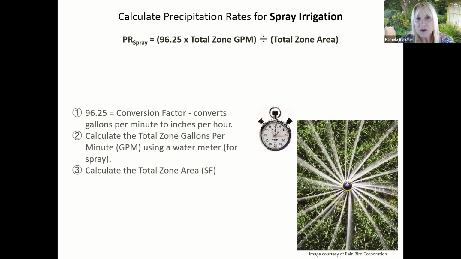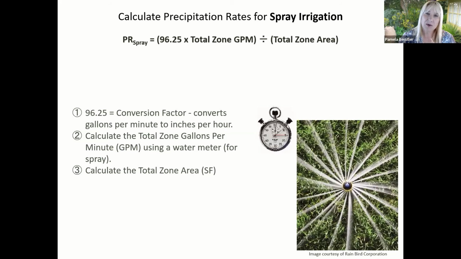Where it gets tricky is when you have a random pattern, but you are basically irrigating trees that are separated from each other, or shrubs or groups of shrubs that are separated from each other. So it's really like you have a bunch of little islands of plants. This is often a strategy for planting a very vast area. So if you took the whole square footage of the area, there would be a lot of it that wasn't getting any irrigation. And so it really doesn't make any sense for that to be part of the precipitation rate